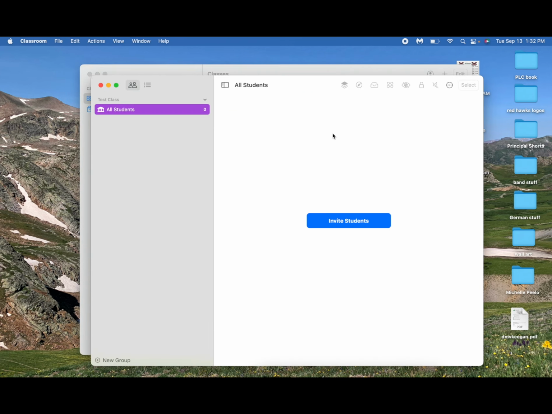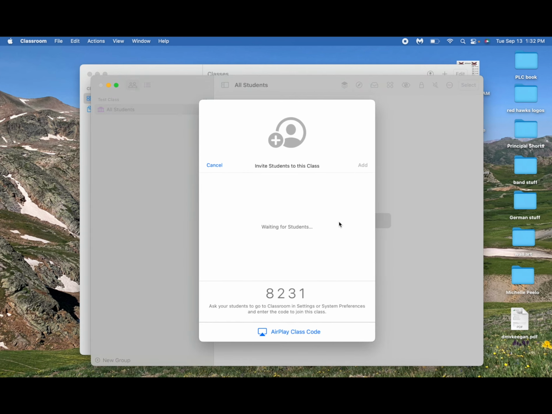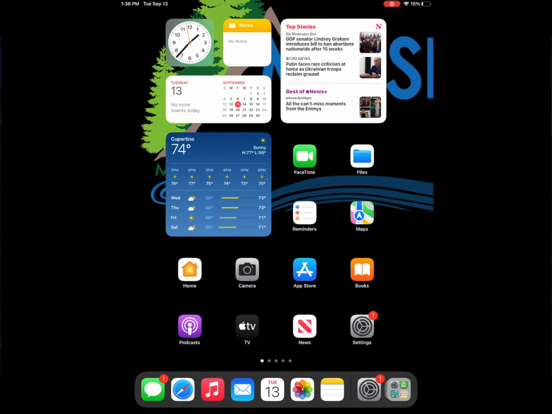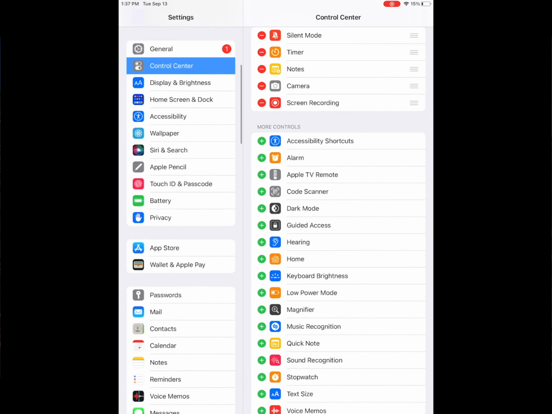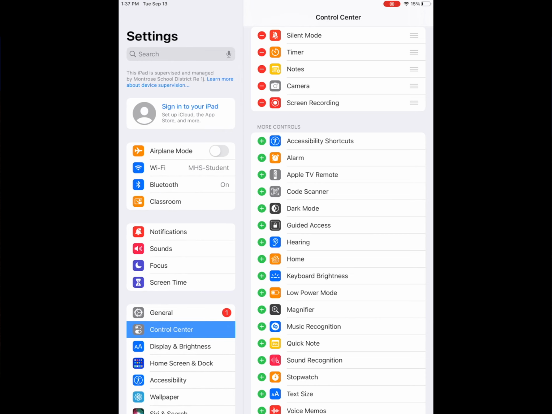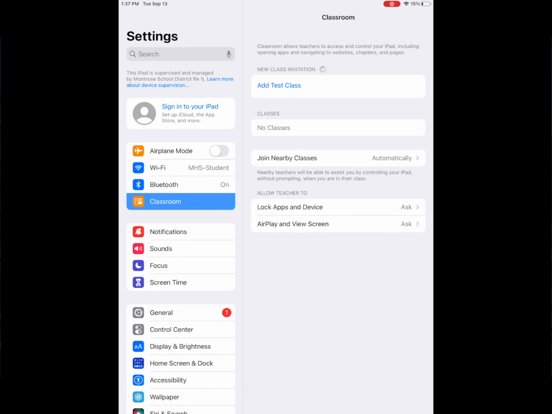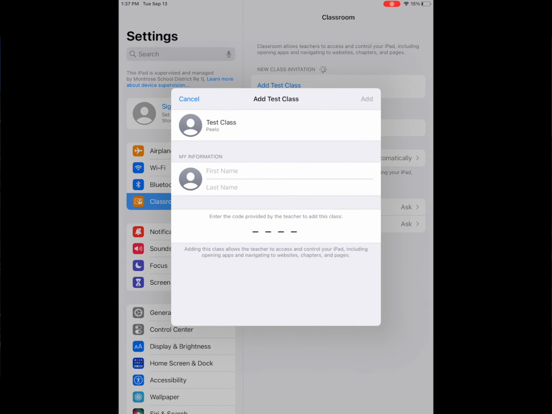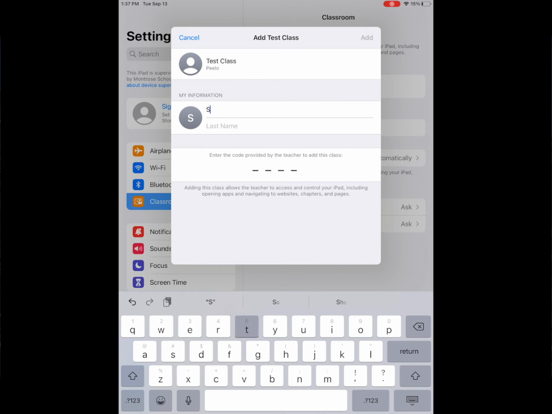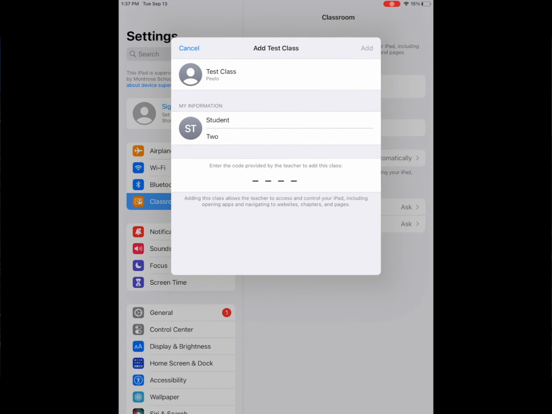And so the way that works is I open that class and I click on the Invite Students button. And there's that 4-digit code. So students will open up their iPads, and under Settings, near where Bluetooth and Wi-Fi are, Apple Classroom will pop up, and they will click where it says Classroom, and they're going to add your class, and it pops up there. And they put in the code,